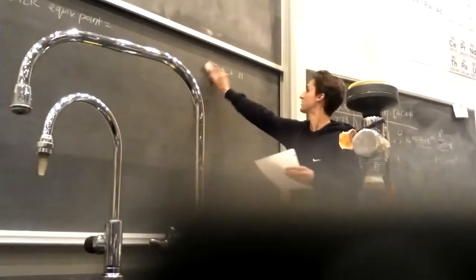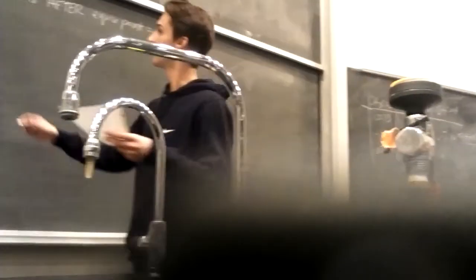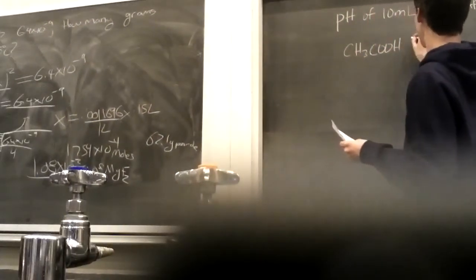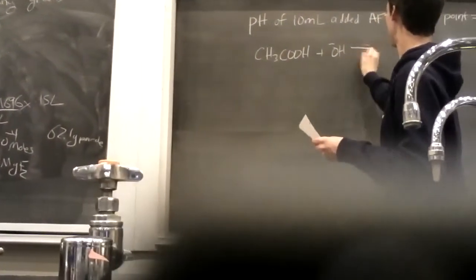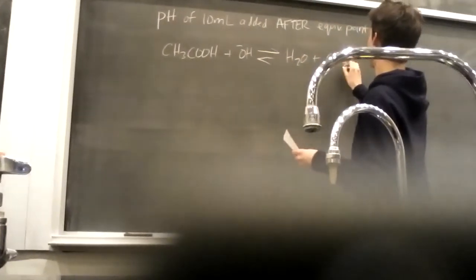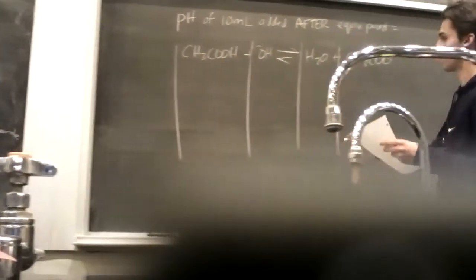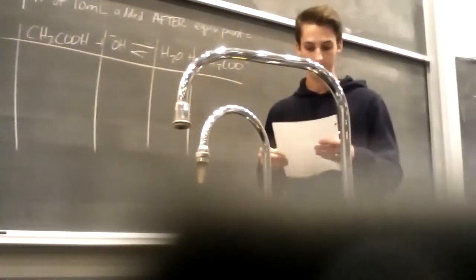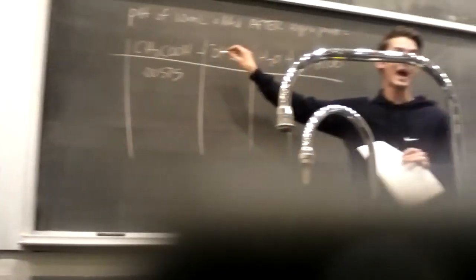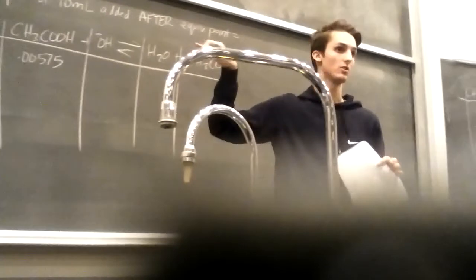Let's just start with the BAA table. So I have CH3COOH plus OH minus, forming water and CH3COO minus. All right, so what's my initial moles here? 0.00575. And now I need to calculate how many moles of OH I added after